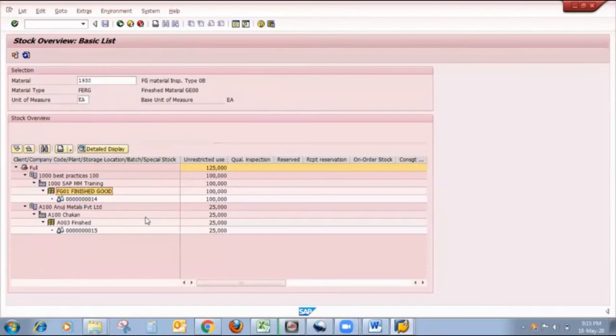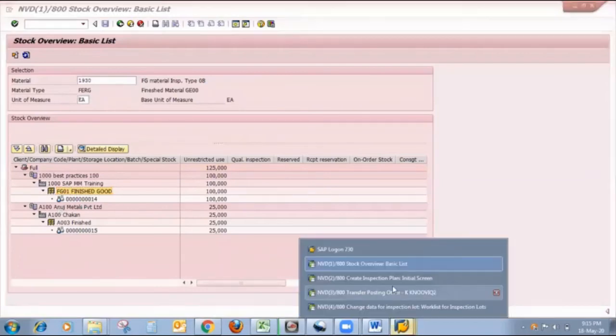So friends, my next step is to transfer 50 quantity from plant 1000 to plant A100.